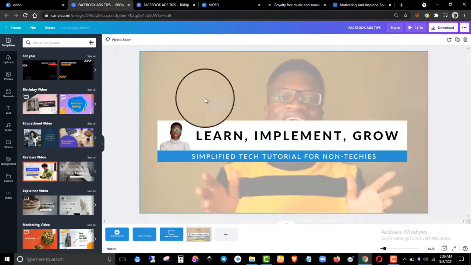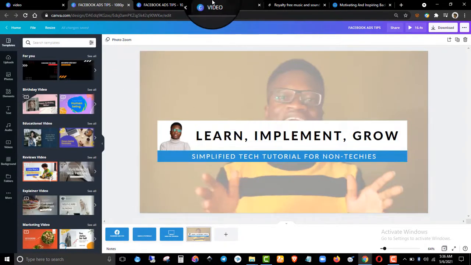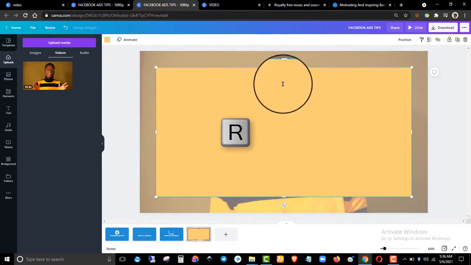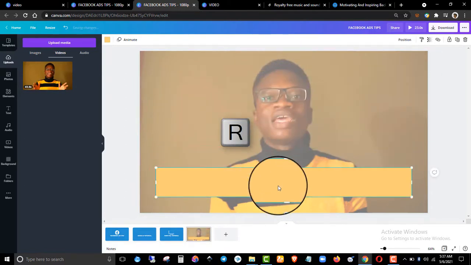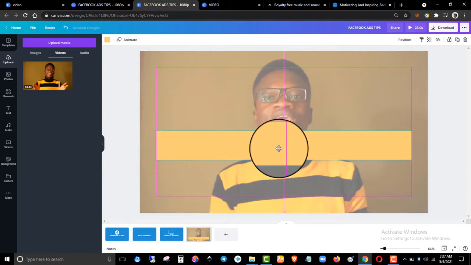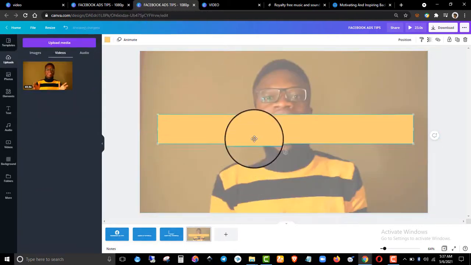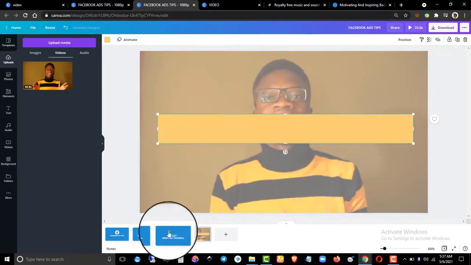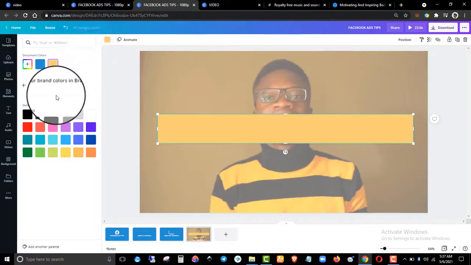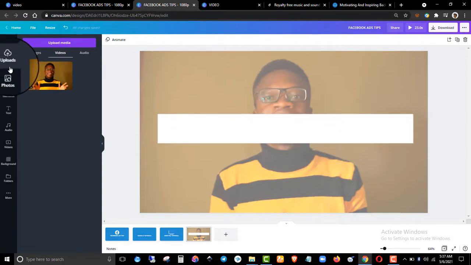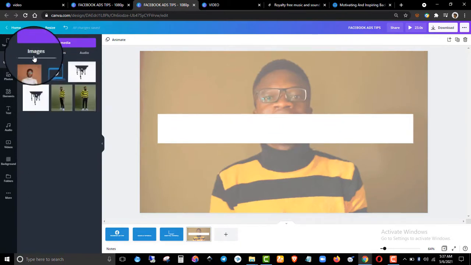Okay, so let's design all of this. You bring in a rectangle, just press R on your keyboard. Then you change the color depending on your brand colors though. White is okay here. Then you just want to upload your image,